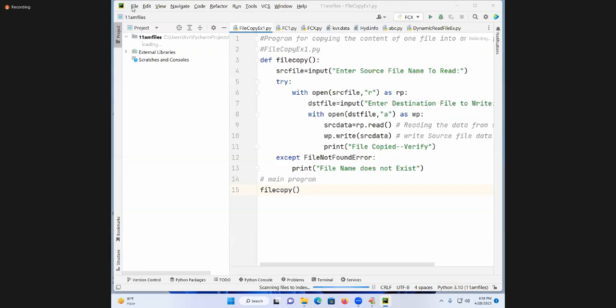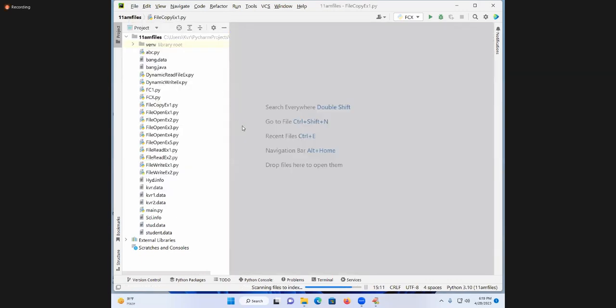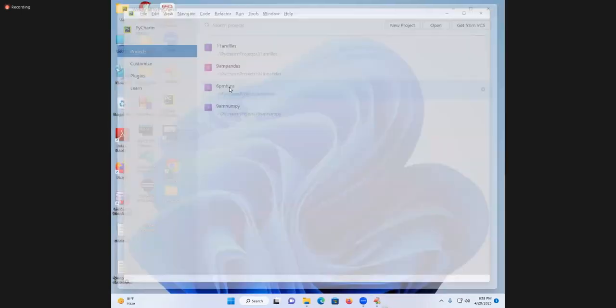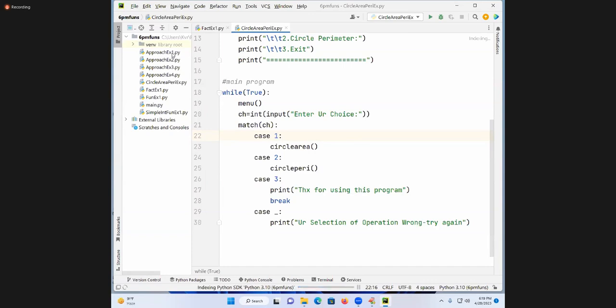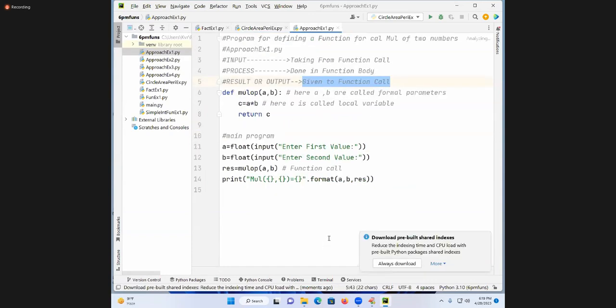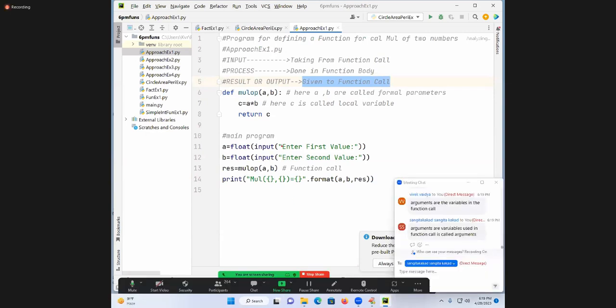So here I am going to use it. Students are joining very late to the class. So if you join late to the class, how can you survive, students? 6 p.m. functions. You see, students, approach number 1 yesterday. Come on, immediately get it.